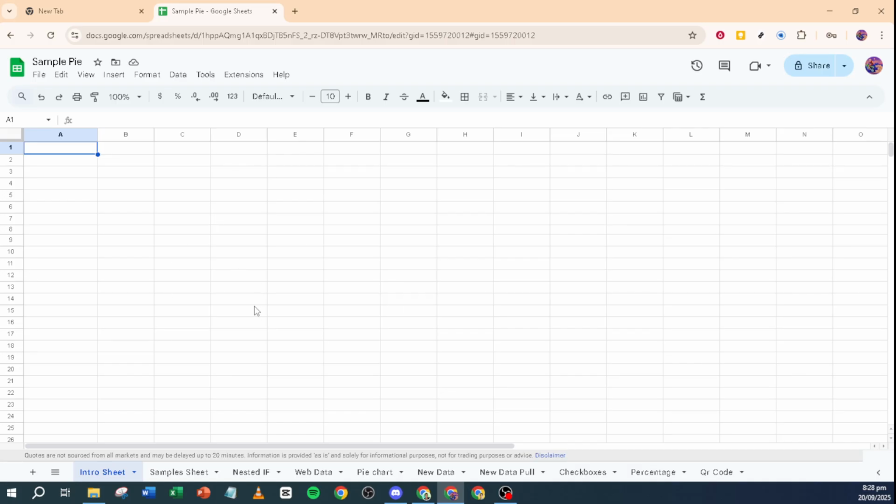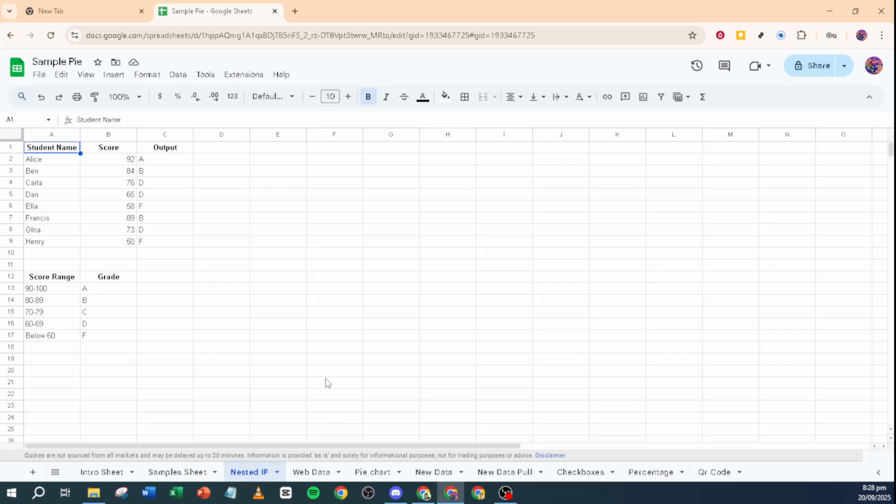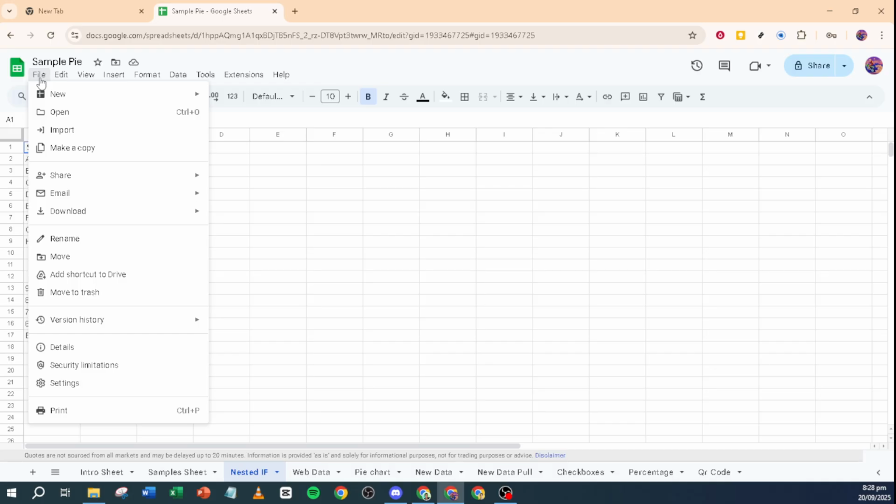Next, look towards the top of your screen, and you'll find the File option in the menu. Go ahead and click on File. This will reveal a drop-down menu with several options related to your document. Now, gently hover over the Download option in this menu. You should see another submenu appear. This is where we'll select the format you wish your file to be in once it's downloaded to your computer.